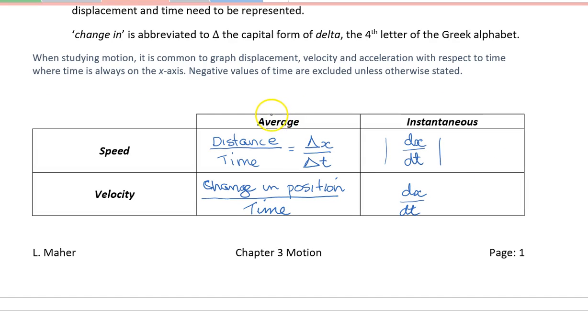We've got our distinguishing between our average and our instantaneous, and distinguishing between speed and velocity. Average speed is what we're familiar with, distance over time, change in the distance over change in the time. Velocity is the change in position over change in time, and that's when we could get a zero, because in the end we might be back where we started, and so there's no change in the position. However, there has been a change in